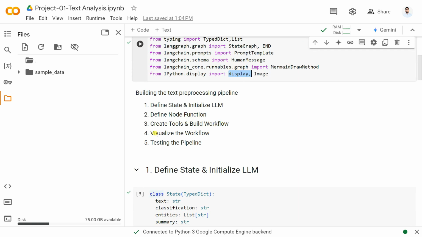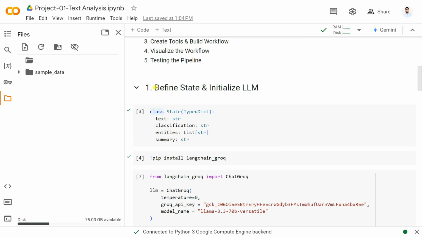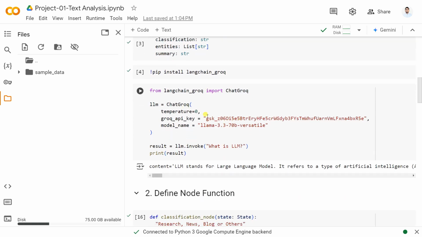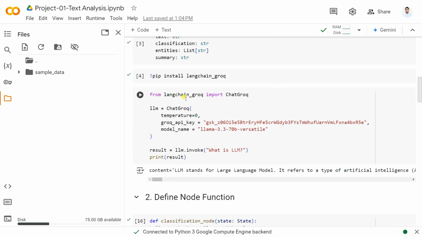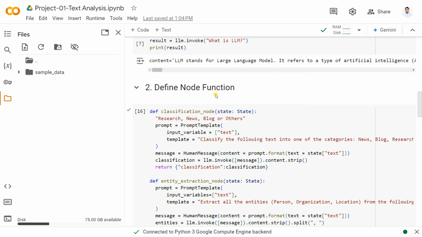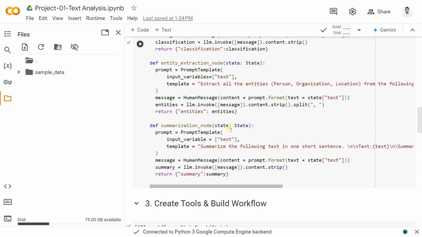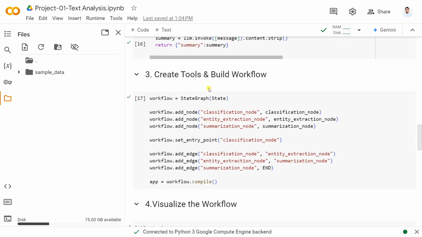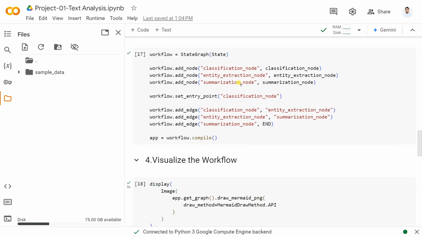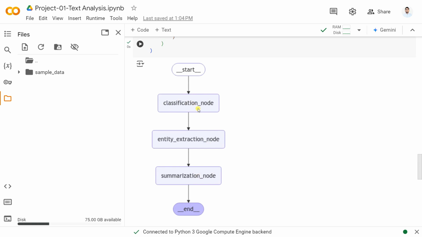इसके बाद टूल्स एंड बिल्ड वर्कफ्लो है, सो दैट यू कैन सी द वर्कफ्लो एज वेल इन अ ग्राफ फॉर्मेट। इसको विजुअलाइज कर दिया और टेस्टिंग कर लिया। तो देन यहाँ पर देख सकते हो मैंने फर्स्ट यहाँ पर स्टेट को डिफाइन कर लिया। इसके बाद चैट ग्रॉक को यहाँ पर इंपोर्ट कर लिया, एलएलएम को भी यहाँ पर सीधा चैट ग्रॉक से, आई मीन ग्रॉक क्लाउड से इंपोर्ट कर लिया बस। इसके बाद यहाँ पर नोट फंक्शन भी हमने बना लिए, क्लासिफिकेशन नोट, एंटिटी एक्सट्रैक्शन नोट, समराइजेशन नोट। इसके बाद हमने टूल्स क्रिएट किया जो वर्कफ्लो है, क्योंकि लैंगग्राफ की मदद से हमको क्रिएट करने पड़ते हैं बस। तो क्रिएट करने के बाद मैंने उसको विजुअलाइज कर लिया बस।